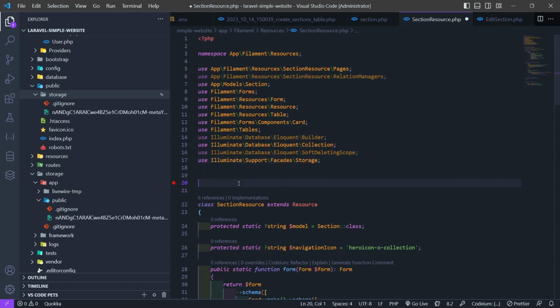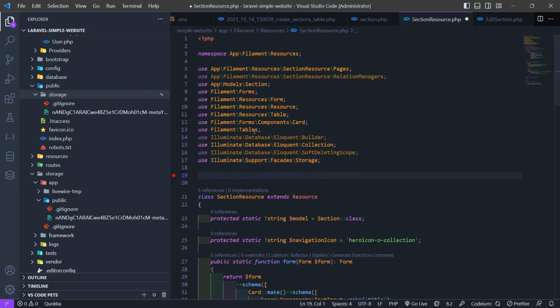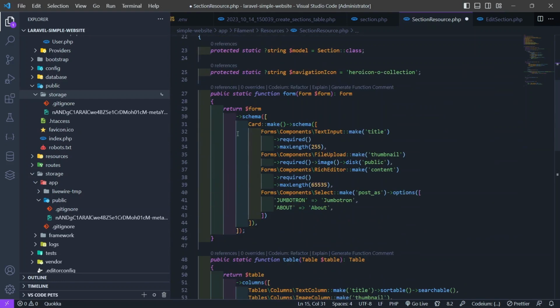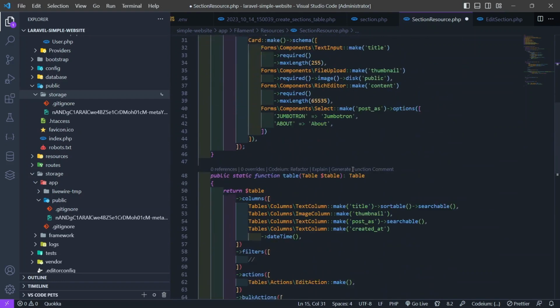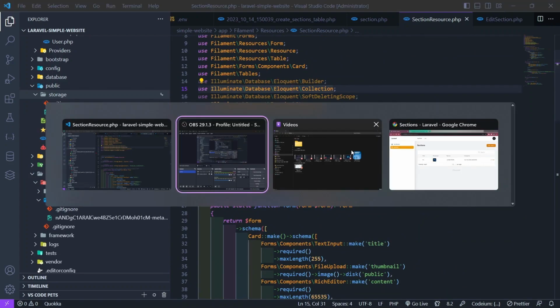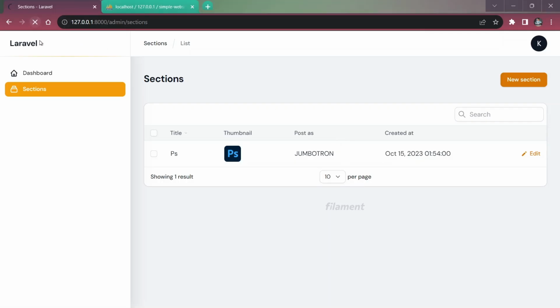So you're going to include the database Eloquent collection and the support facade Storage. Then hit save, and let's see, hit refresh, and